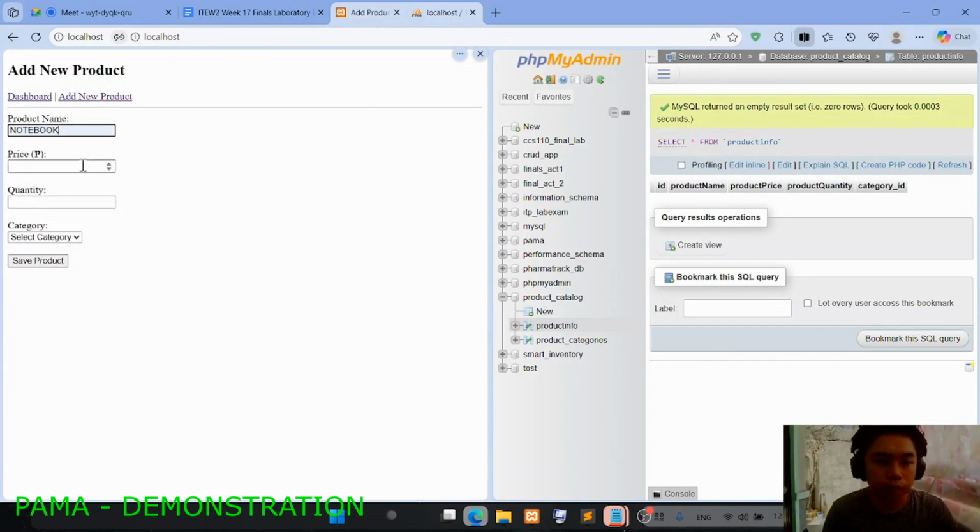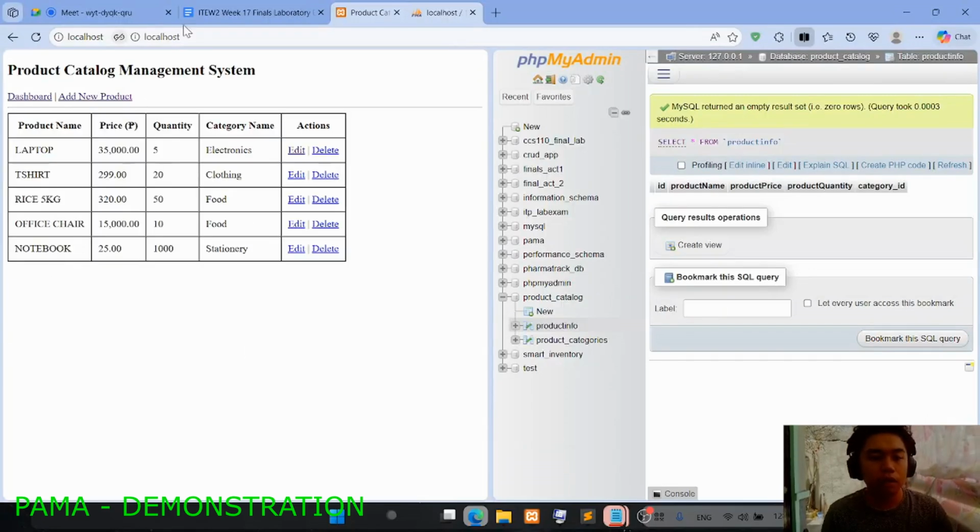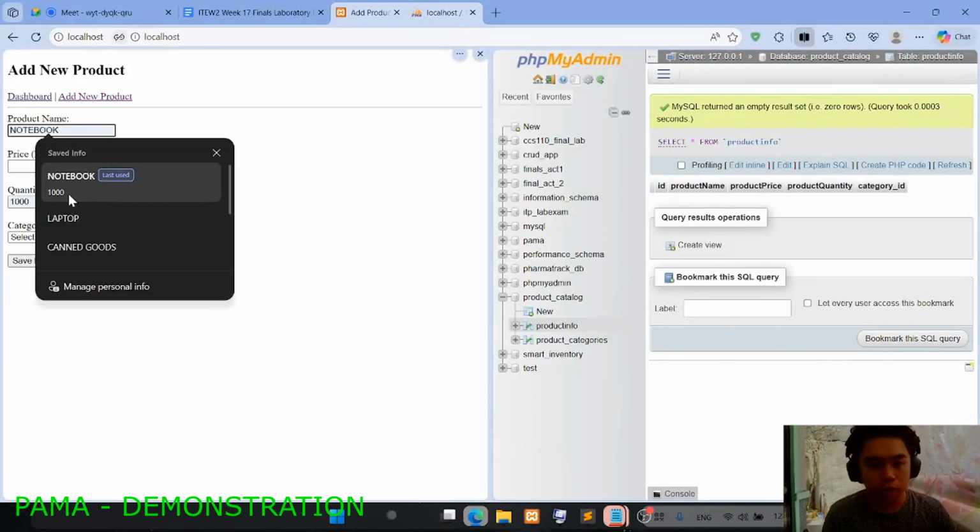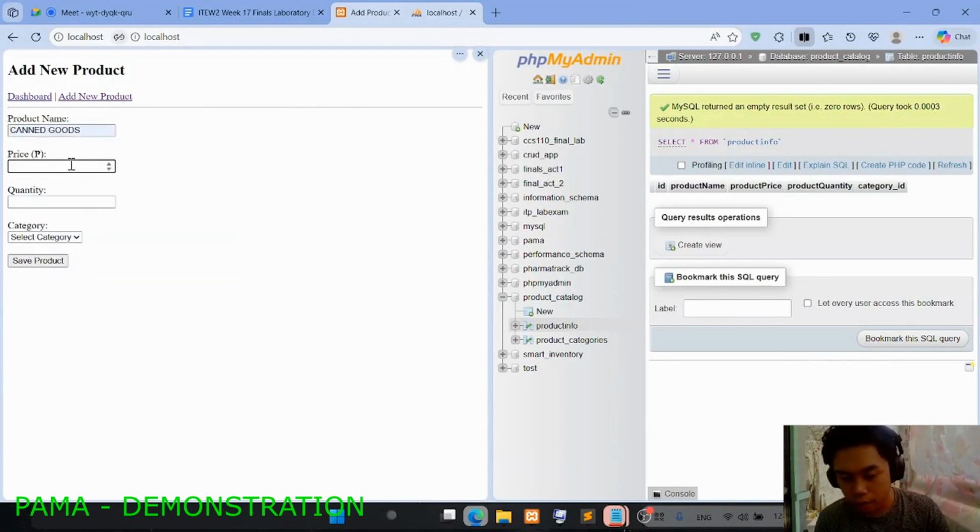The price is 25 pesos, and then the quantity is 100. Then the final one is canned goods. The price is 25 pesos also. Then the quantity is